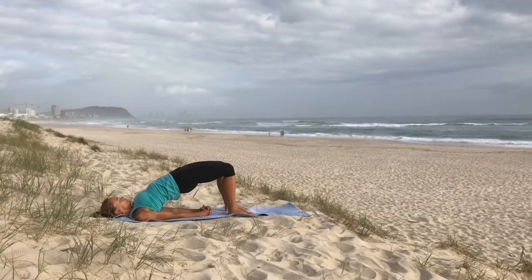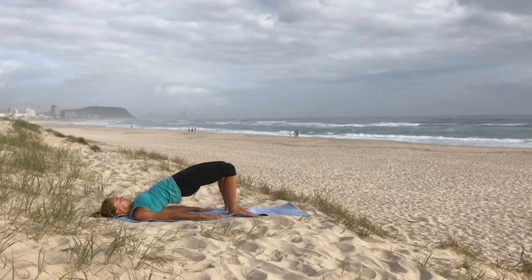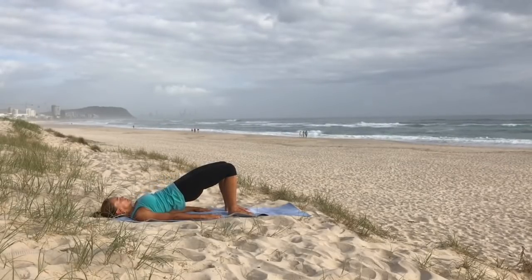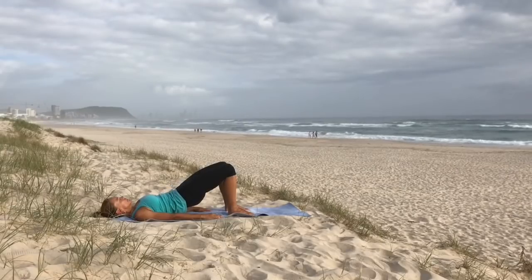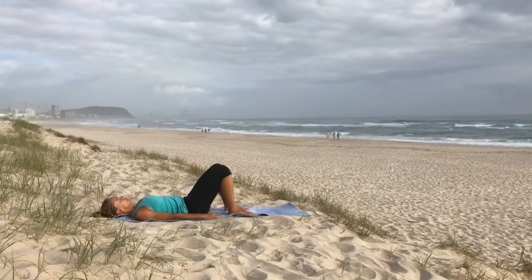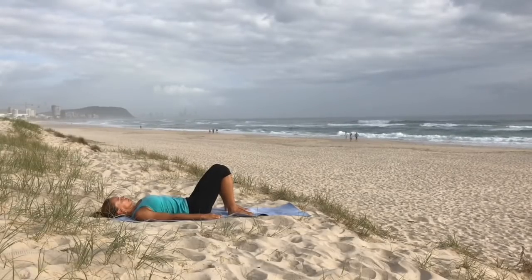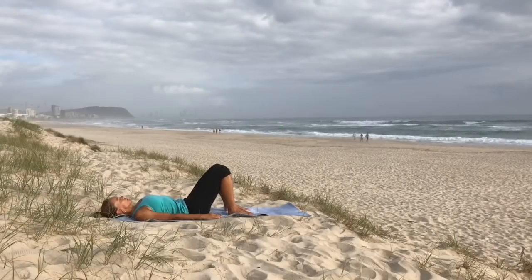Tuck the tailbone under to retain a length in the spine. Then gently release the hands and the shoulders and slowly peel the spine back down onto the mat. Once the tailbone reaches the mat, once again tuck the tail and slowly peel the spine off the mat, bone